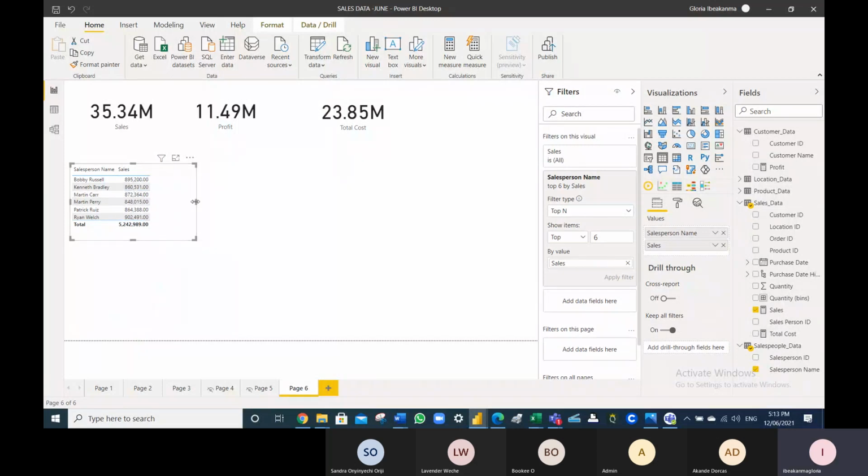Do we have any questions? Please feel free to stop and ask. Is this clear so that we can move to another? Yes, for now, yes. Thank you. So whatever metrics you want to use, you come to your filter pane, and go to your basic filtering, you have the basic, you have the advanced, and you have the top end. So you take whichever one you want to use